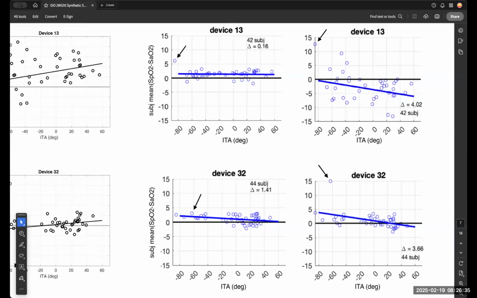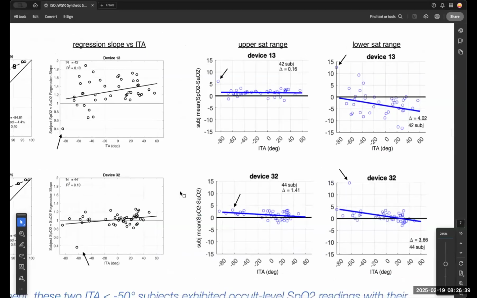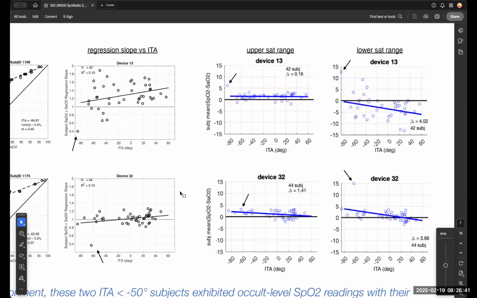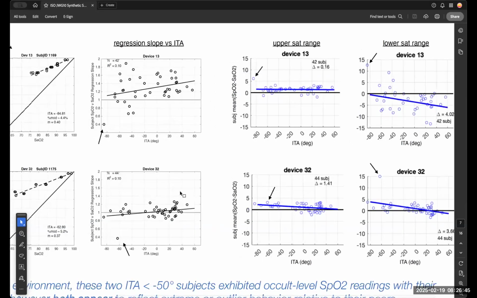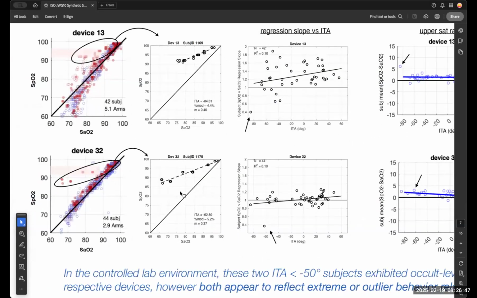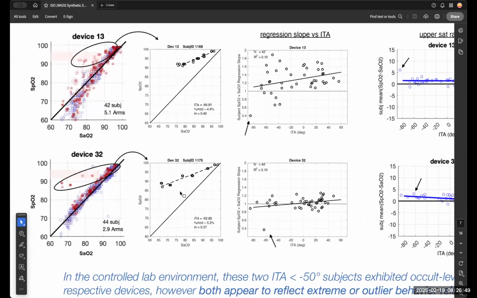So in summary, that's really the range of things we wanted to see in these devices: that skin color and percent mod may make performance worse, but they don't fully characterize devices. And it's pretty easy, at least visually, to see where a good performing device is and where it isn't.